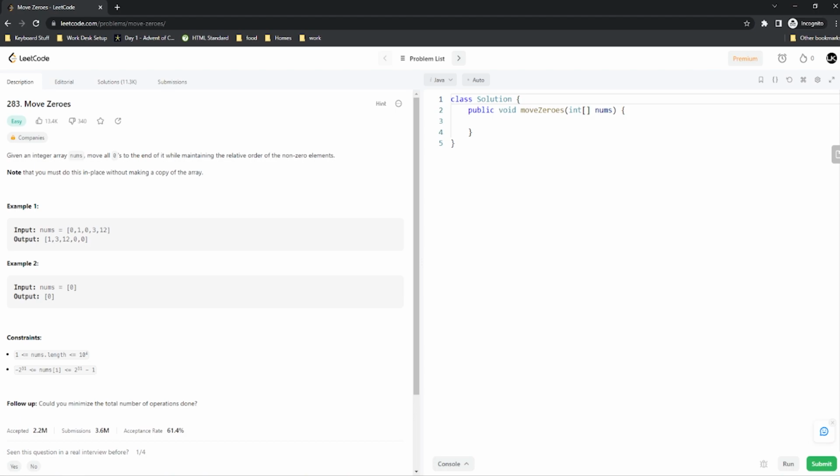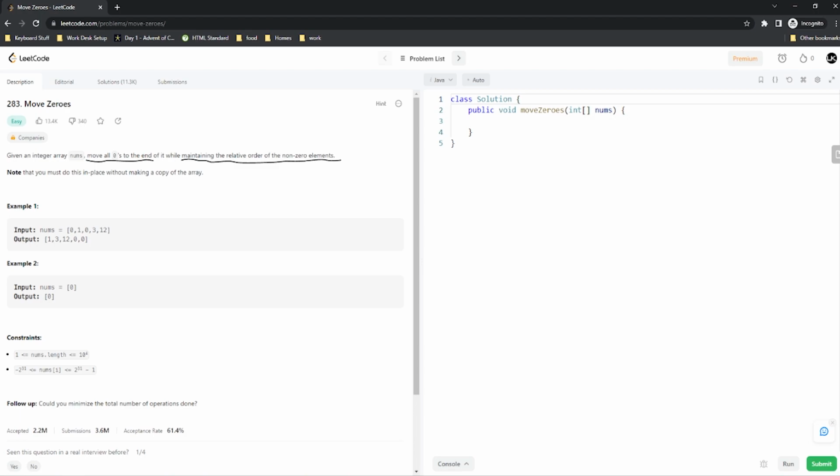So the big thing to notice here is that it's wanting us to go ahead and, like I mentioned, move all the zeros to the end. However, the more important part is that it wants to maintain the relative order of the non-zero elements. So this basically is saying that any elements that aren't zero, we expect them to be in relative order. And as you'll see in the example, it doesn't want us moving things around like a previous challenge